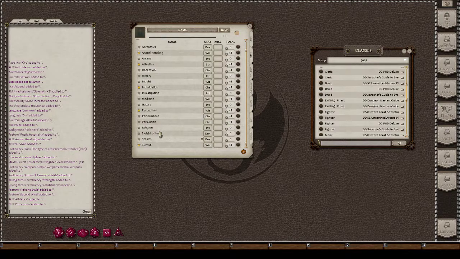So in skills, it will automatically change it to a star, but if you ever need to change it, you can click it to proficient, to double proficiency if you have expertise, to half proficiency if you are a bard and get jack of all trades. This will not work for the champion's